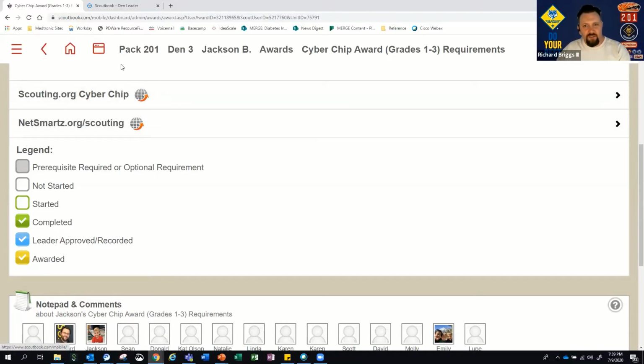This top row is super important in Scoutbook, because my knee-jerk reaction is to use this back arrow in my browser, or use this little back arrow. That literally goes to the previous page, no matter what you did. If you're trying to get back to, say, your list of your scouts, you can actually click. Each one of these is its own individual